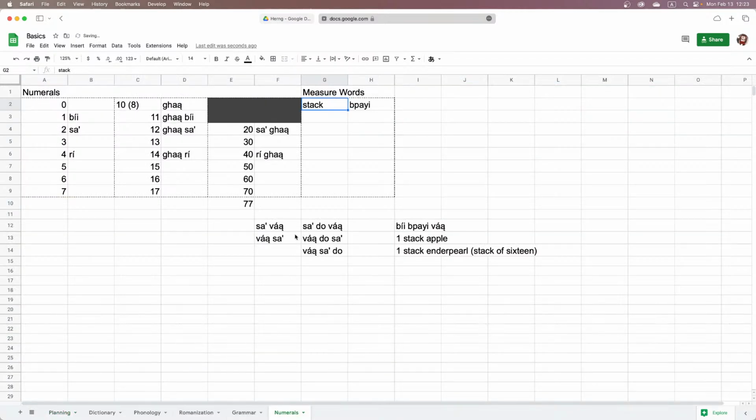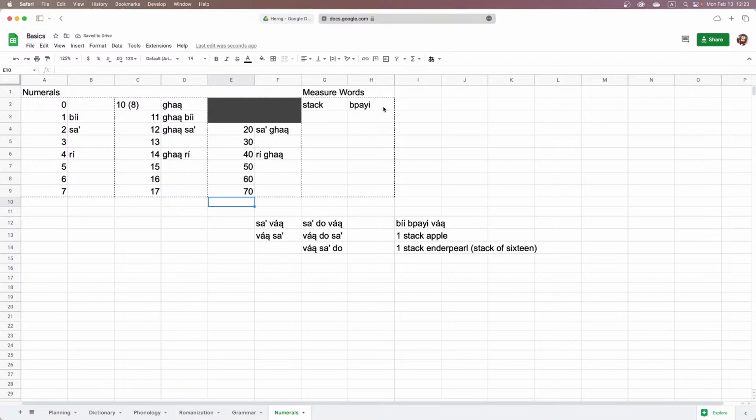So unlike, say, the Bantu languages, where they are all marked on the noun itself, we will go the way of Japanese, Chinese, Korean, Vietnamese, and Thai and whatnot, of having measure words that classify them into smaller groups. So here we will have general measure words, one being stack, bai, and then